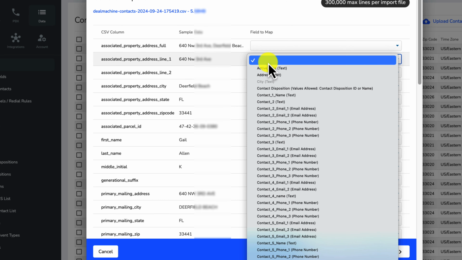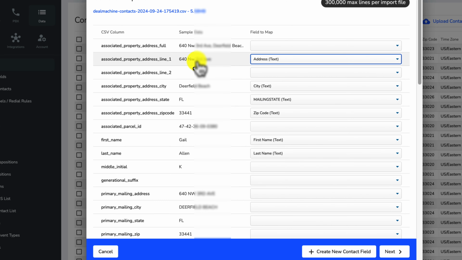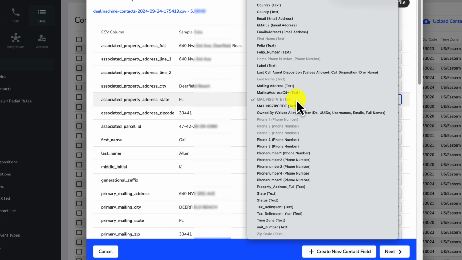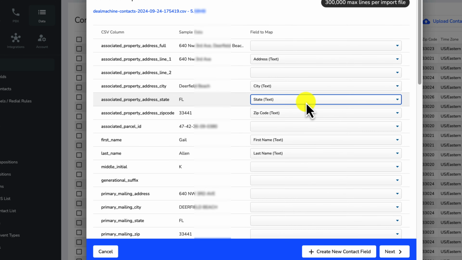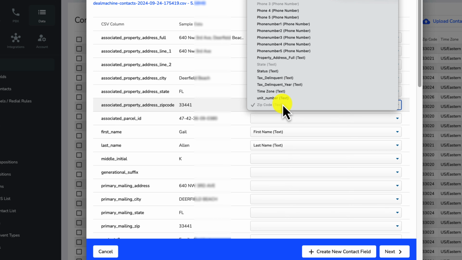All we need is this here, which gives us basically the street name, because then we want to map out the city, state, and zip code. This full address already has the city, state, and zip code, so we do not want to map the full address. We want to map out the address line 1, then the city, then the state, then the zip code,